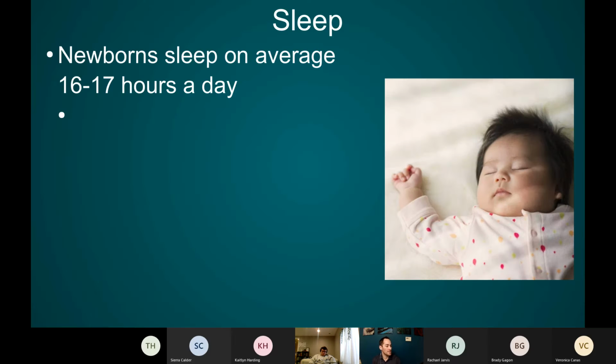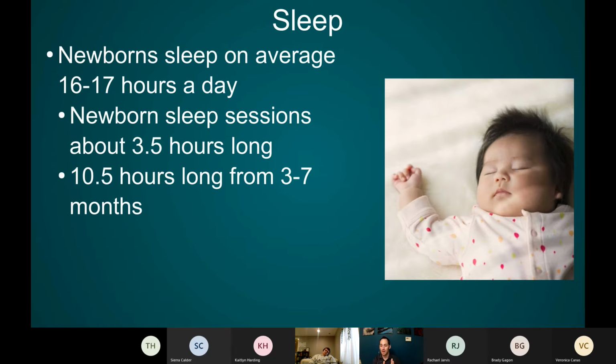All right, so let's talk about sleep, some more physical development things. Newborns sleep on average about 16 to 17 hours a day. With that being said, it's usually in little chunks, so like 3.5-hour segments of sleep, and then they have some restful wakefulness, a short period, maybe like 40 minutes of full wakefulness where they'll be active and maybe laughing or interacting with people. Then they'll get to more of a relaxed wakefulness state, and then back to sleep for about